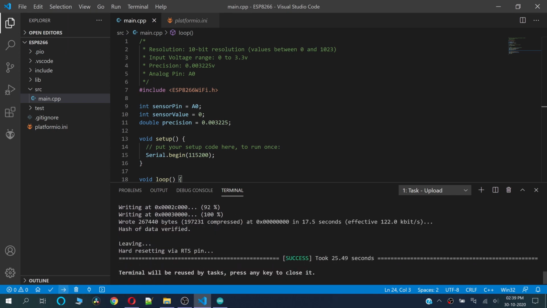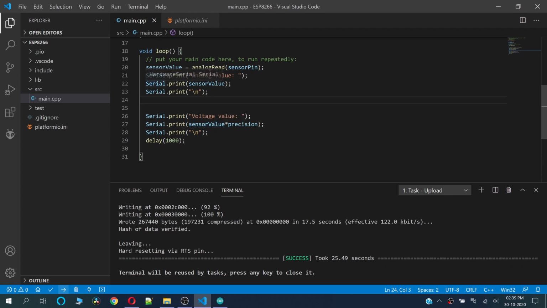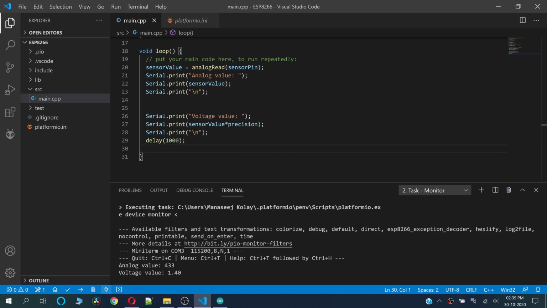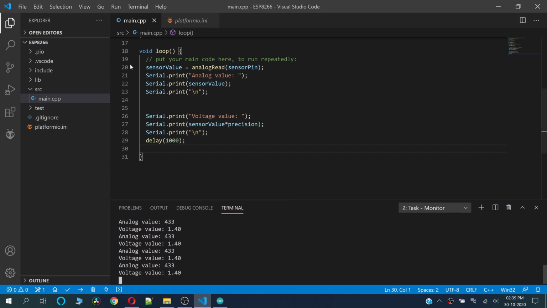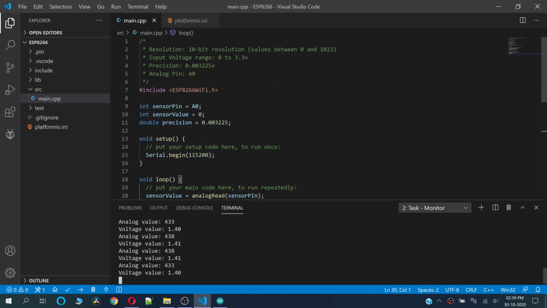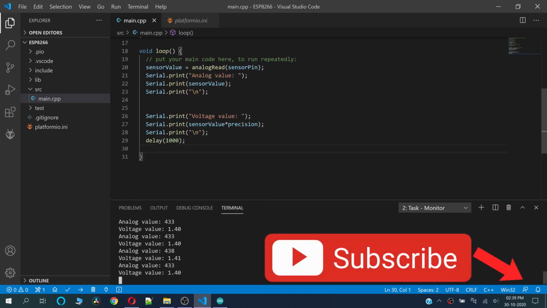Sometimes I face an issue that the COM port is busy. For that you can simply click on the reset button on the ESP board and then click on upload. It will work. In my program I also have some serial print statements. To see the serial monitor you can simply click here and you will get the serial monitor output here as well. So very simple stuff, and I feel it is very useful to use this IDE rather than the Arduino IDE. So tell me what your opinion is about this.